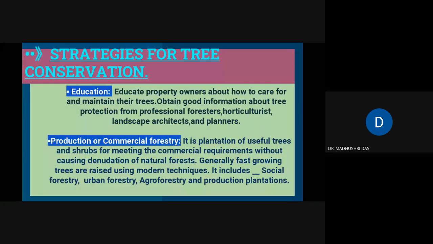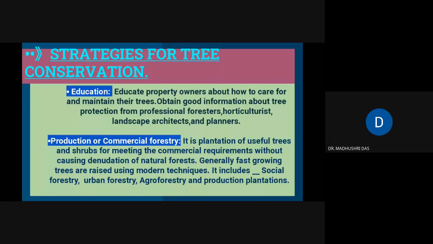There are many strategies for conserving trees. First, education. Like we, the young generation of society, can gather information about tree protection from forest rangers, horticulturists, landscape architects, and